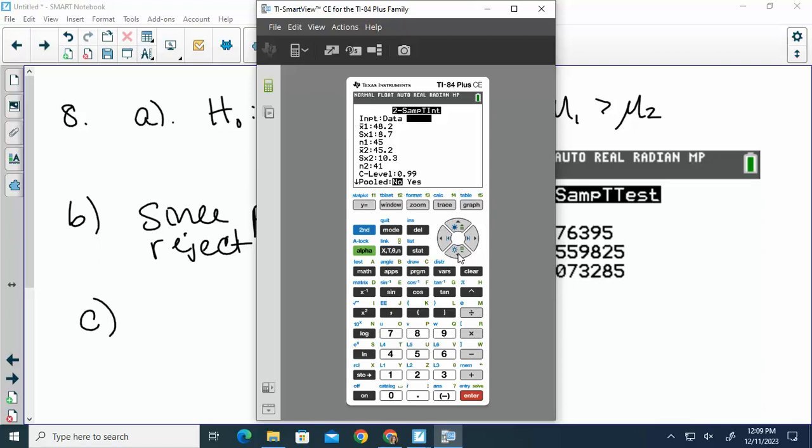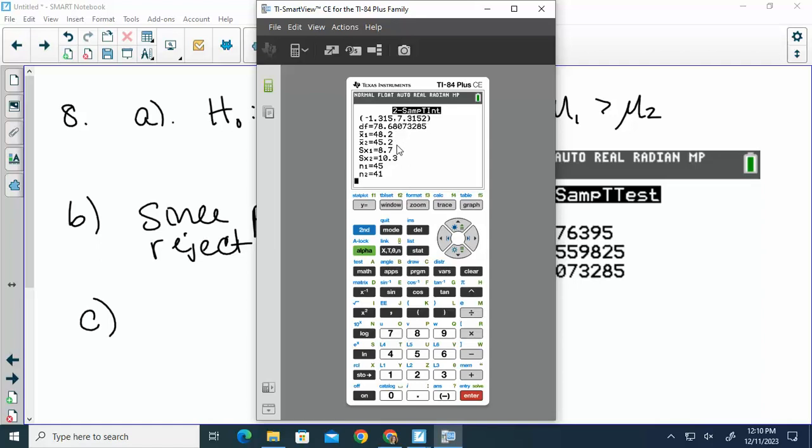And we are going to change our confidence level. Confidence level 0.96. Pooled, we always set to no. And we get our